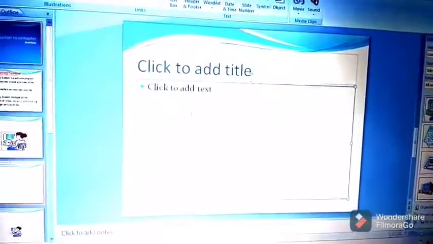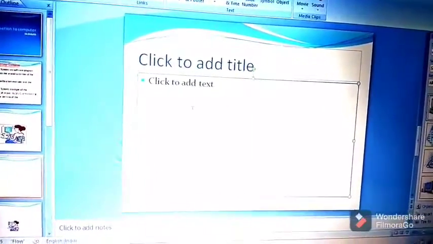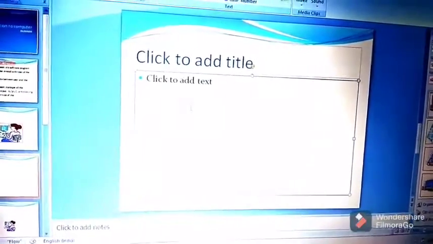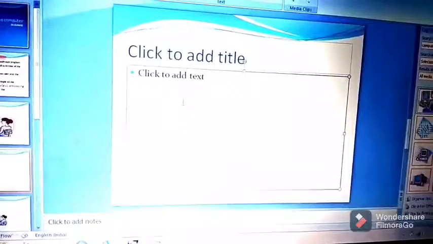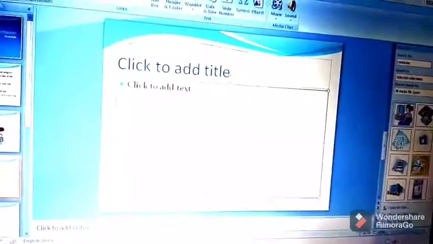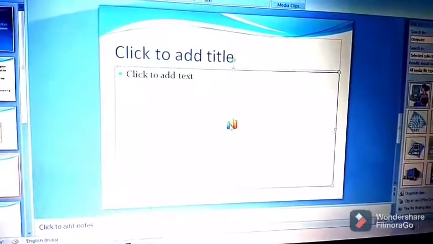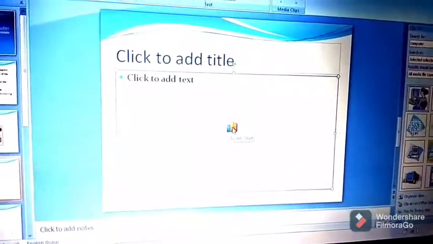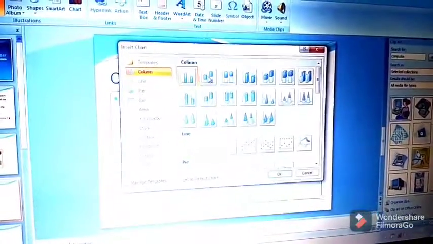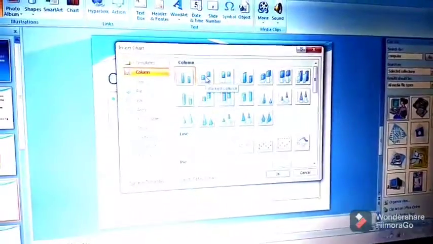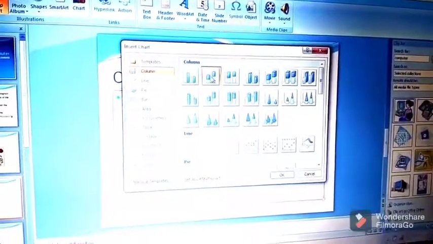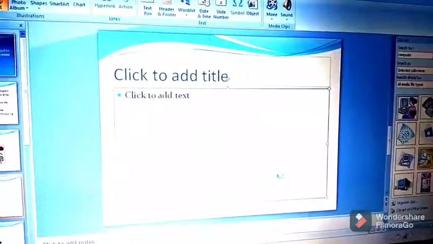Now the next topic is adding a chart in a slide. In PowerPoint, we can create a chart by using an Excel worksheet. We can type our own chart data and choose the type of chart that we want to display. So here, the second last option is Insert Chart. Click on it. You can select any chart from here. Let us suppose I want this one. Click on it, then click on OK.